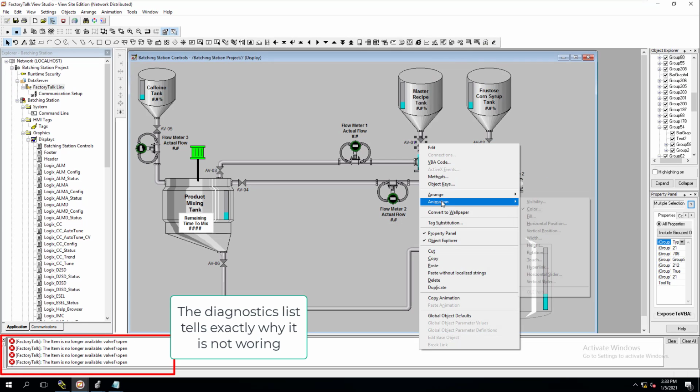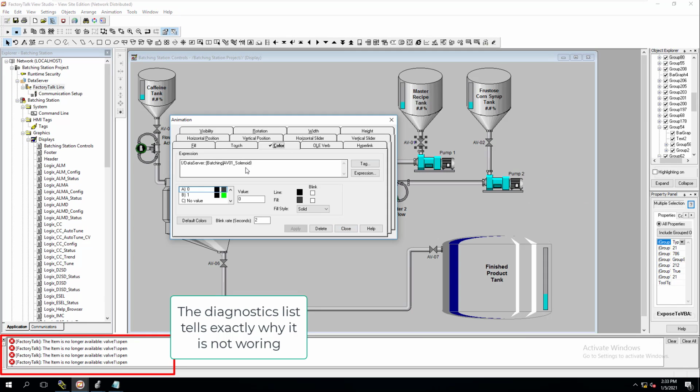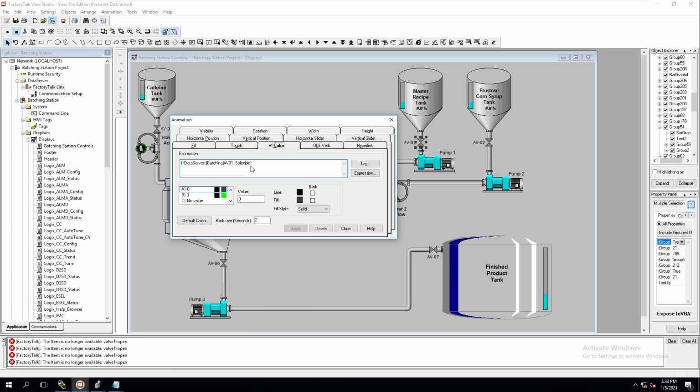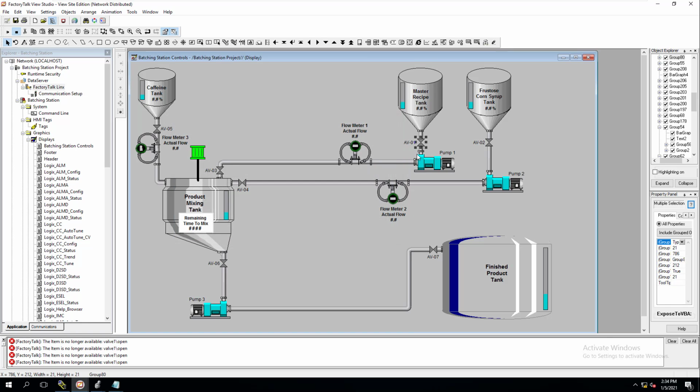Wait, let's see why it's not. Why is it not seeing it? Data server branch solenoid 1, and let's see why it's not seeing the actual color. And I don't really see that right off right now. The value is 0. This is the value of 1. This is the line, so that would work. And it may be, let's see